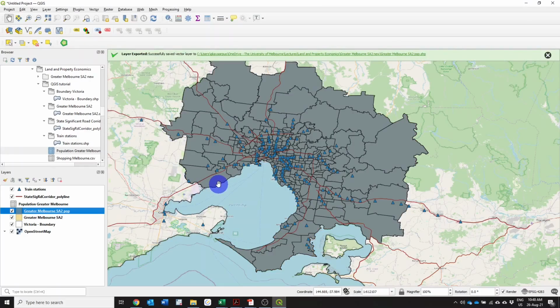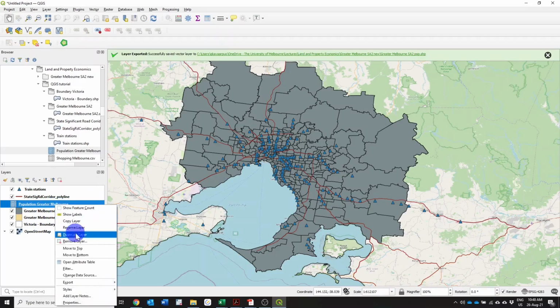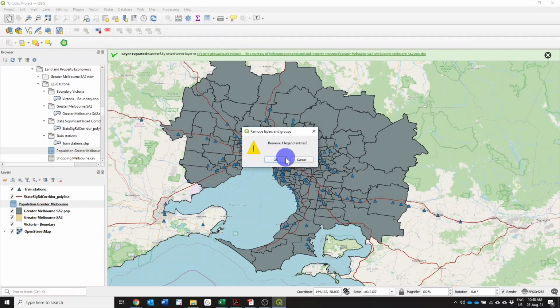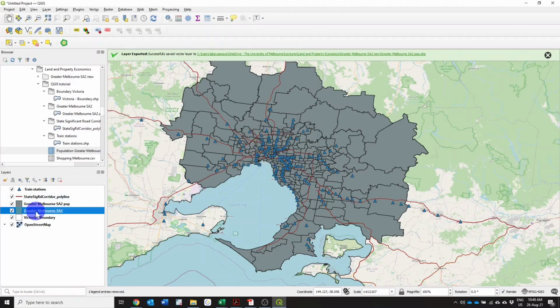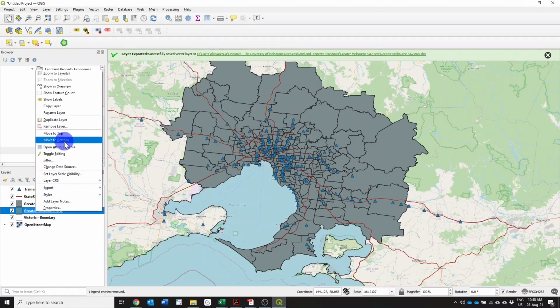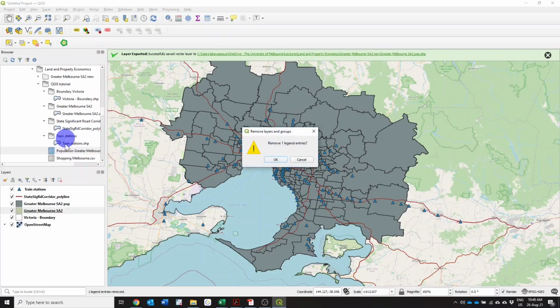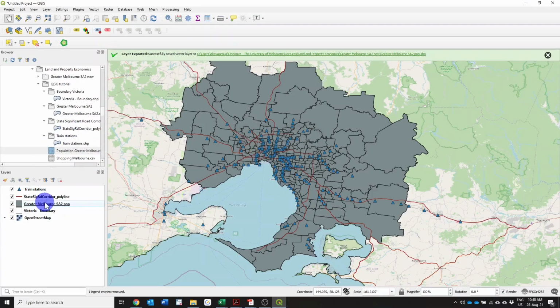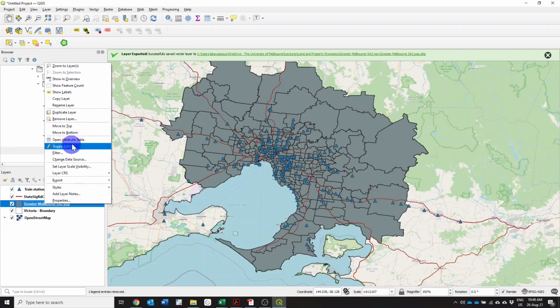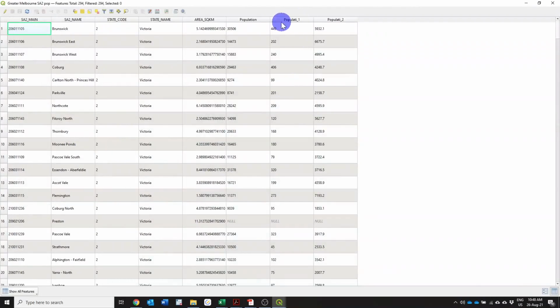Now once you do that, we now have a new layer with the data. And of course, we can then remove these ones because they are no longer necessary. Remove layer, and then remove the old one. And then of course, now when you right click on your Greater Melbourne with your population data, you would have exactly what we're looking for. So you have your population, your net migration, and of course,